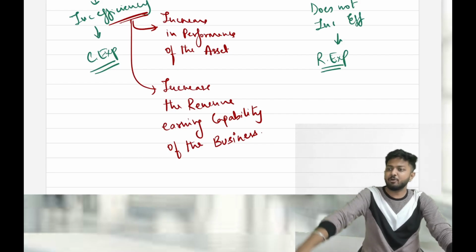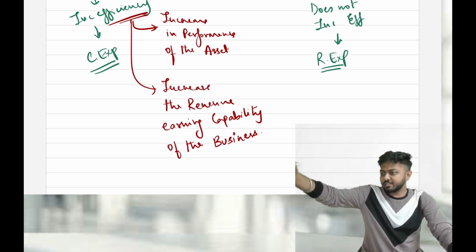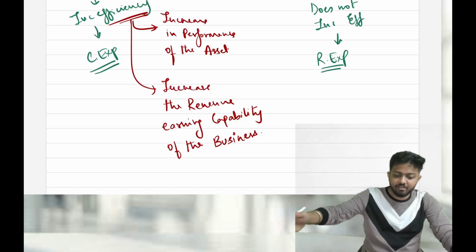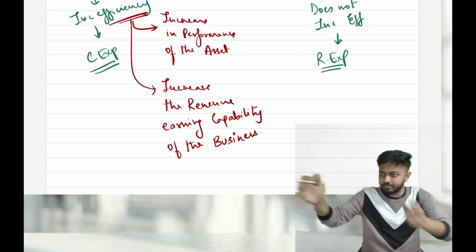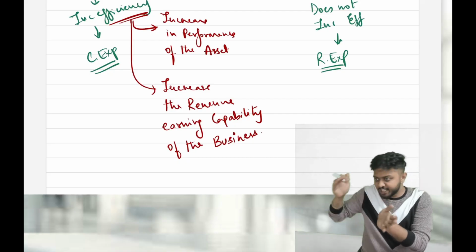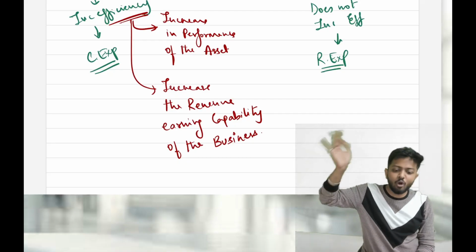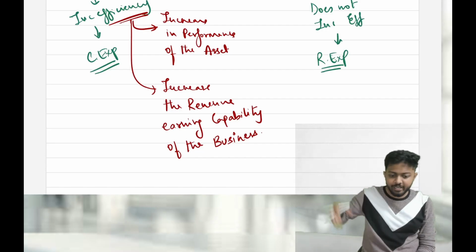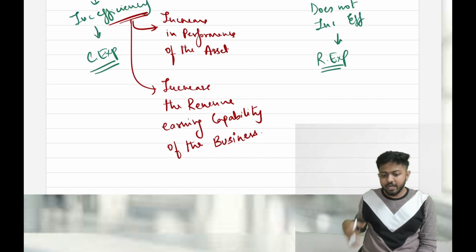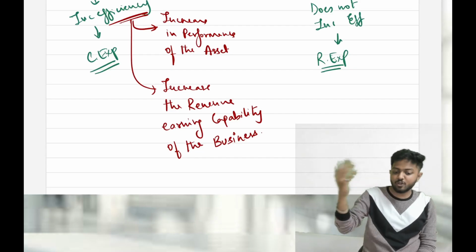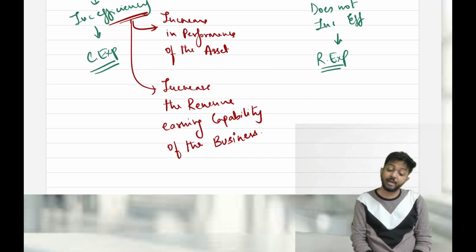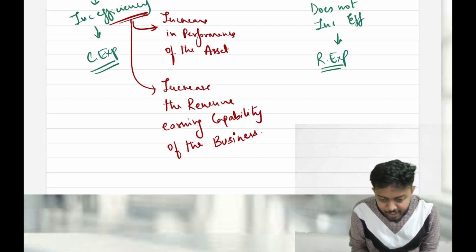Now suppose there was some small vacant area next to our classroom which we were not able to use because we had a huge wall. Now I got it renovated. We broke that wall, and now students can sit there also. For this I have spent 2 lakhs. Is it a capital expenditure or revenue expenditure?